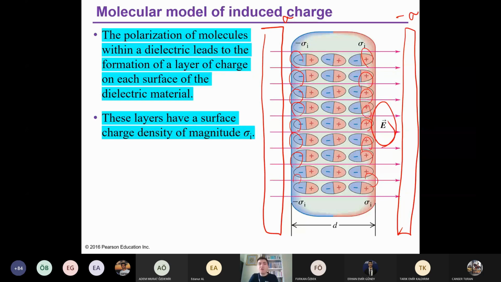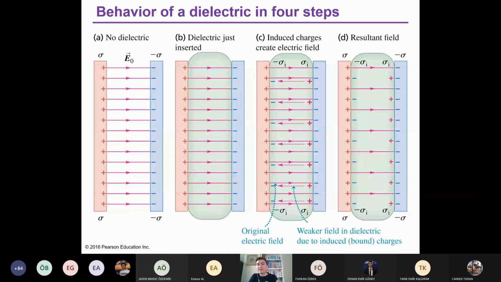So now let's discuss this behavior in dielectrics in 4 steps. In picture A, we have no dielectric between the plates. We have just a positive plate and a negative plate, and there is an electric field in between, E0. This is the magnitude of the electric field. When we insert a dielectric material,